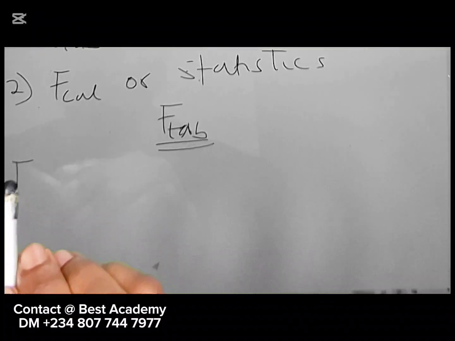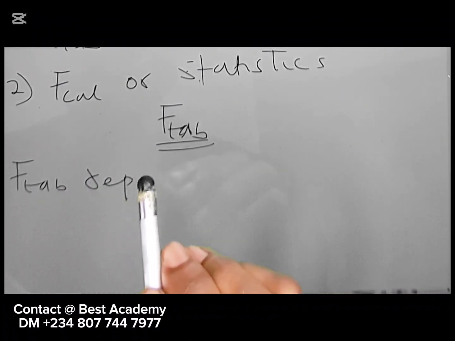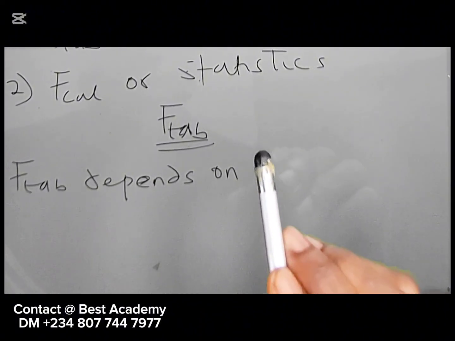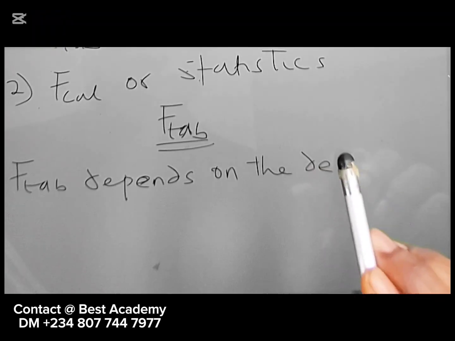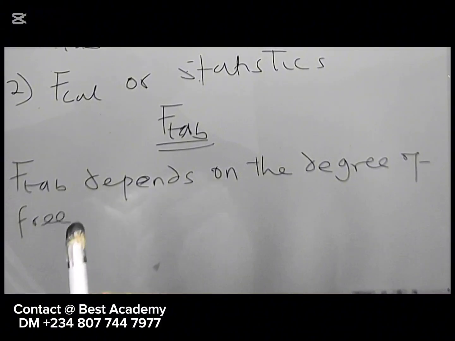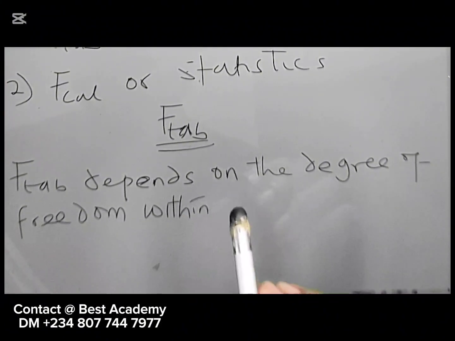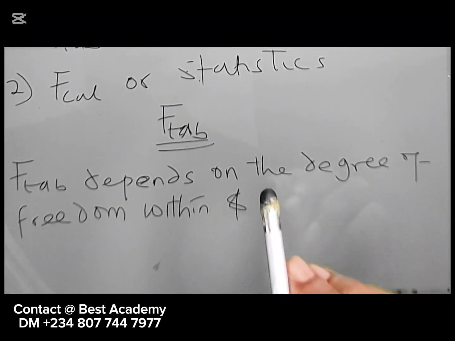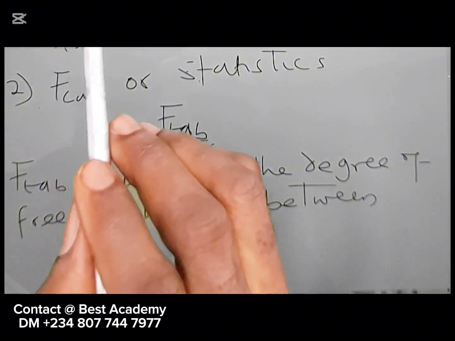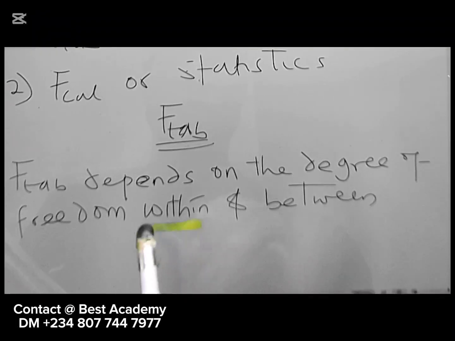F tab depends on the degree of freedom within and between. So in terms of calculating F tab, we have two degrees of freedom, that is degree of freedom within and